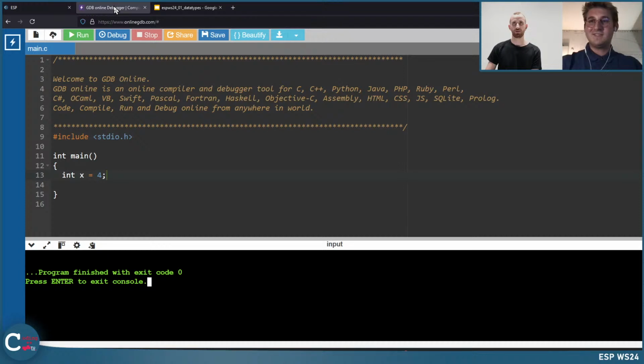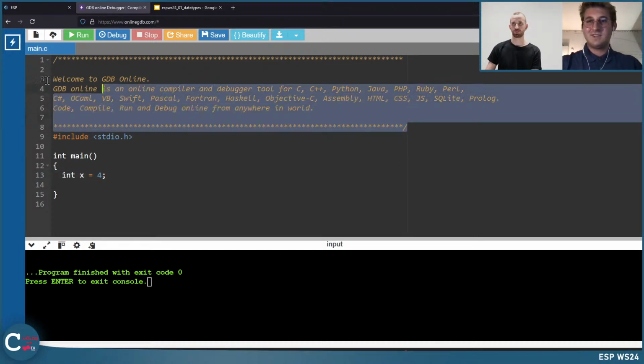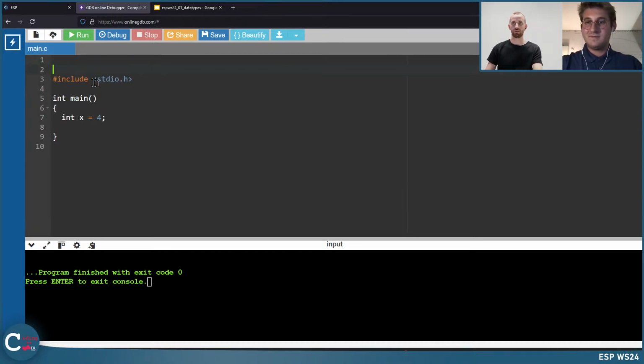Yeah. I saw another question. What is this include stdio? I think we also didn't discuss it. This is basically code you can import from a library. It's called a library. So basically somebody else has already written some code and you can use this code.